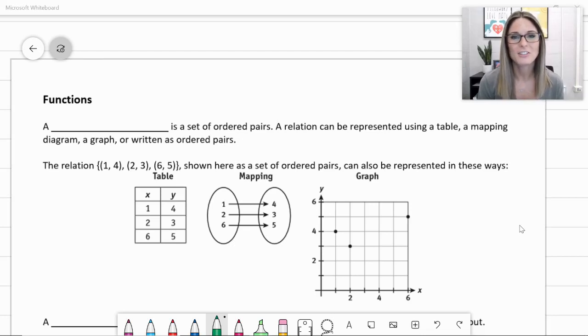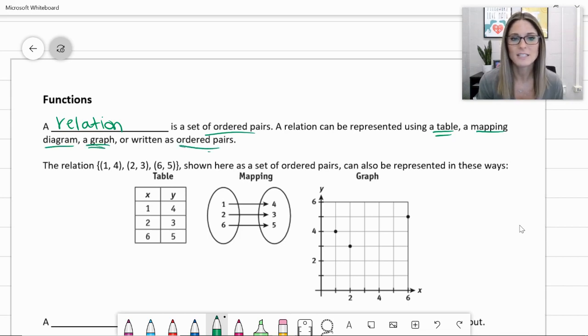Today we're going to look at functions. Let's start filling in the notes. Your first blank there is a relation. A relation is a set of ordered pairs, and a relation can be represented using a table, a mapping diagram,